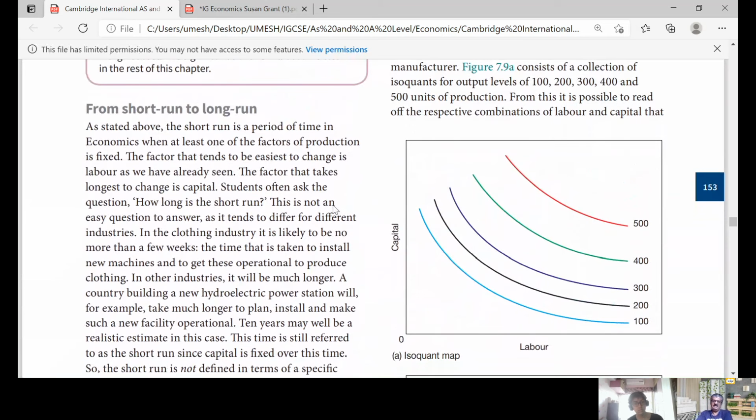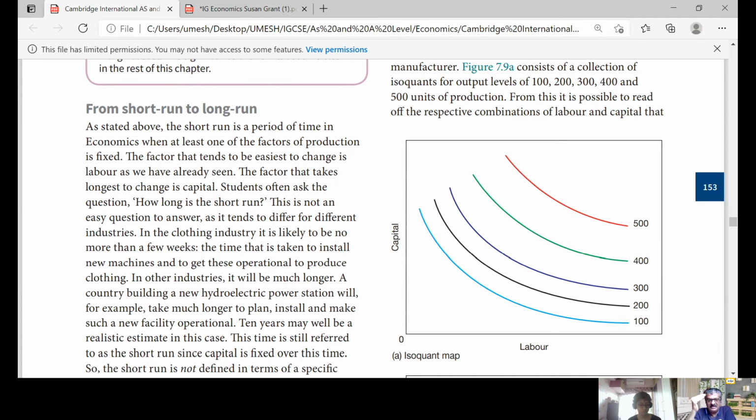Now, if you see in 7.9a, you can see clearly that there is a light blue line, then the black line, dark blue line, green line, and red line. When you move from 100 to 200 units of output, you want to increase your production, so definitely you will be requiring more capital, more labor, more investment. So initially there is increasing returns to scale from 100 to 200 to 300. The gap between 100, 200 and 300 is very small.